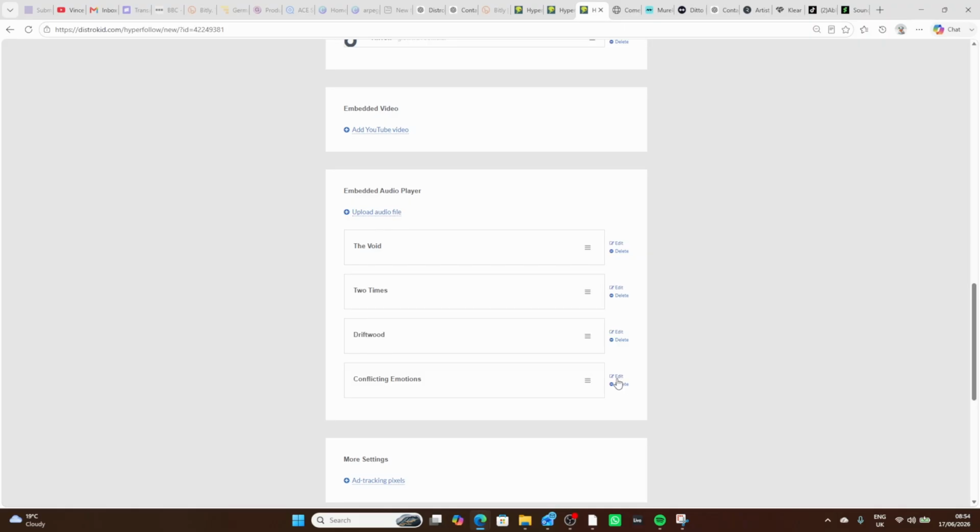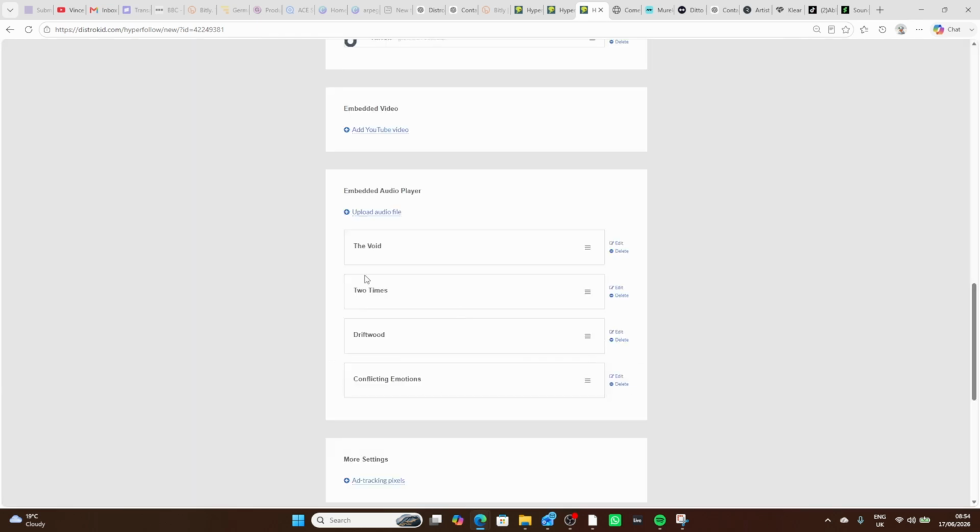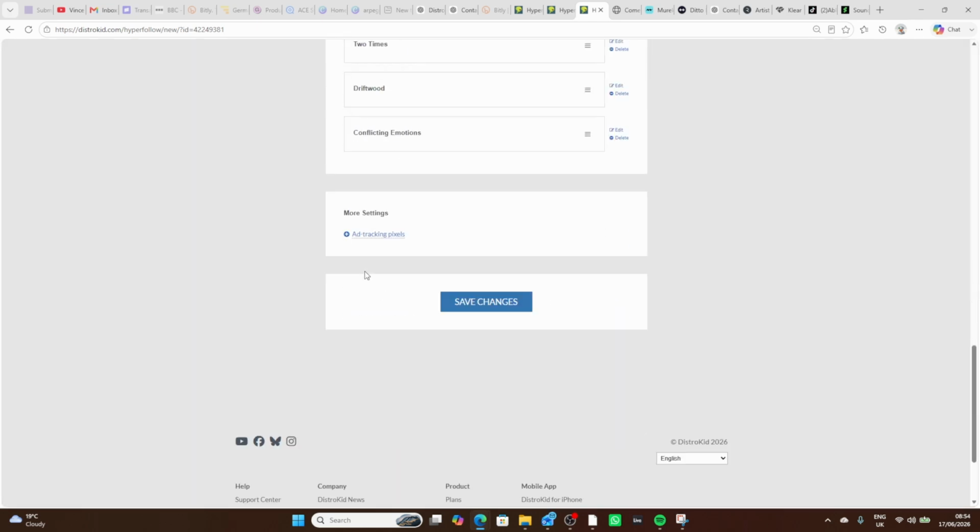This is a default that's coming through, right? Or you can delete them all and add your own audio file. You can just search for the file and give it whatever name you want. Completely customizable. And then lastly, a really important thing, if you're using Meta pixels, or basically any pixel, even TikTok,